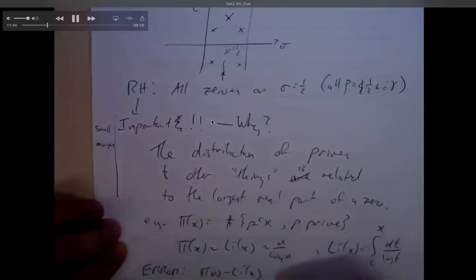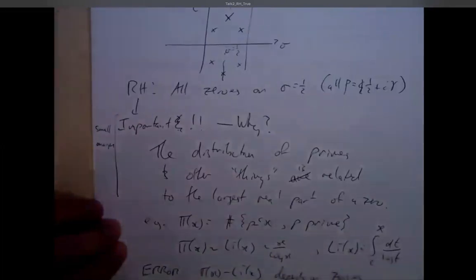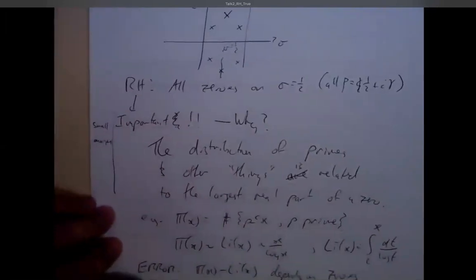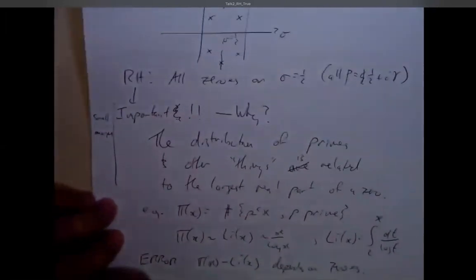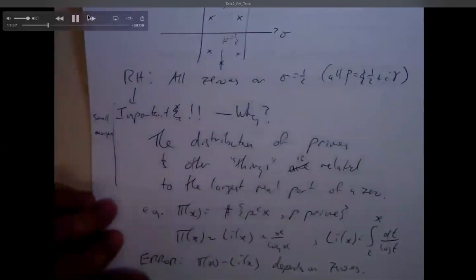So if I know that pi of x is asymptotic to li of x, their ratio approaches 1, I could ask sensible questions about pi of x take li of x. Remember before I said x squared plus x is asymptotic to x squared? Well, that's true, but one of them, namely x squared plus x, is always bigger than x squared. So I could ask reasonable questions about the difference between 2 asymptotically equal functions.